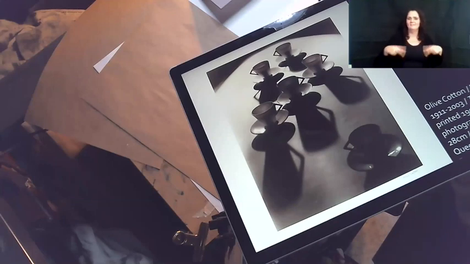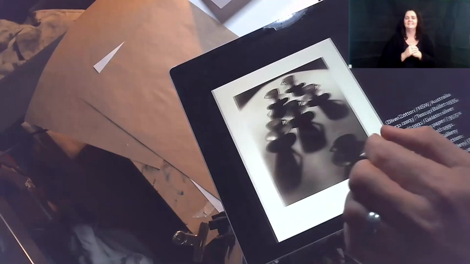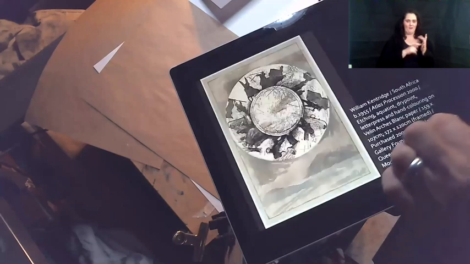And we are going to make the Teacup Ballet very literal today. We're going to do some drawings based on this photograph, and then we are actually going to bring them to life. We're going to get some movement into them. So we're going to look at this Olive Cotton work, and the other work we're going to look at today